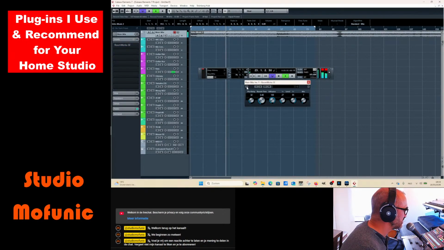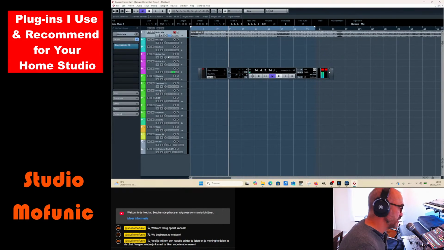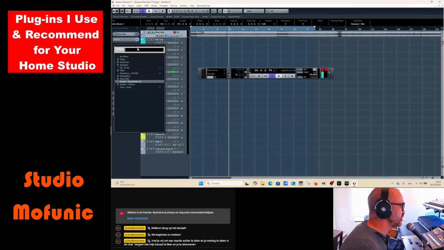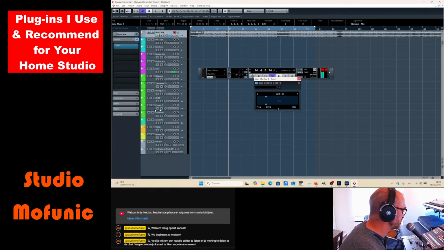Without. Combine that with a compressor and it will sound okay. But to be honest, I don't use this reverb. Then we have here the panner, mono, stereo pan, and stereo changer. I never used that. And of course the tuner. I have lots of tuners on. So those were the